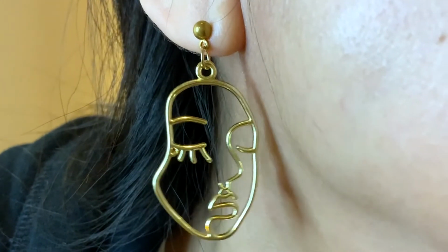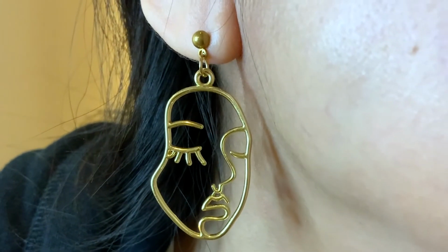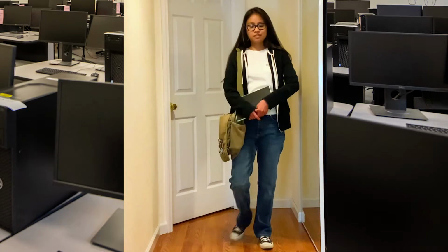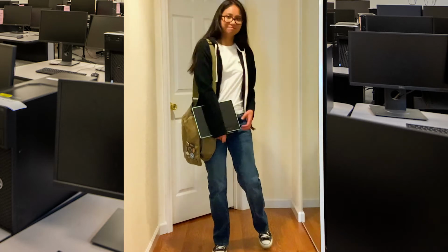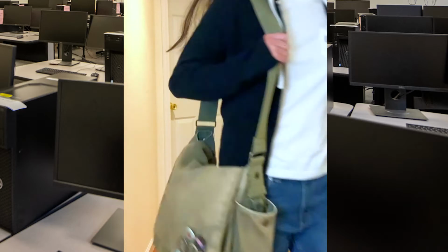For accessories, still keeping it minimal, I've thrown on these faux gold line drawing earrings of a woman's face. And checking the time, it looks like it is finally time to leave for the day and go hang out with my friends and to go on to the next art